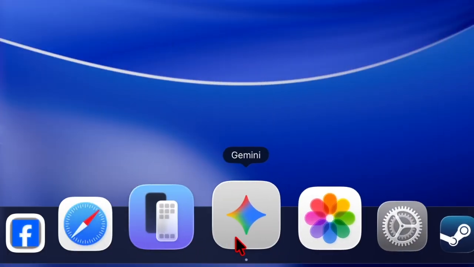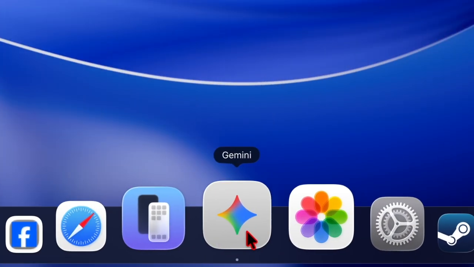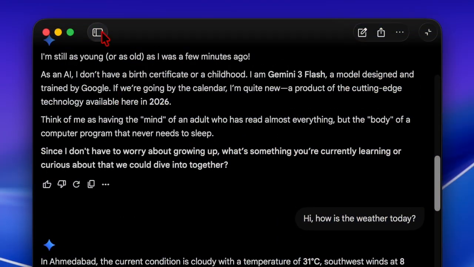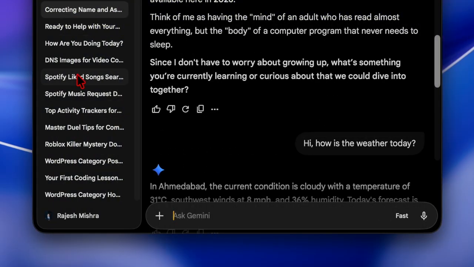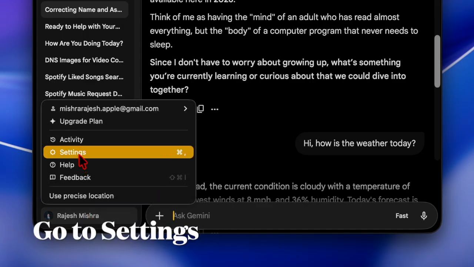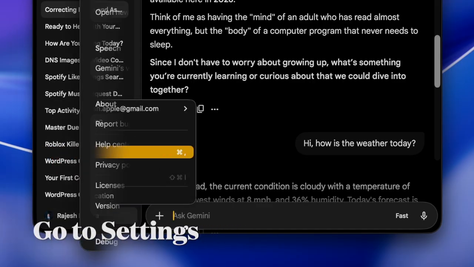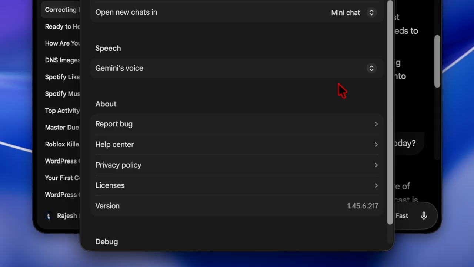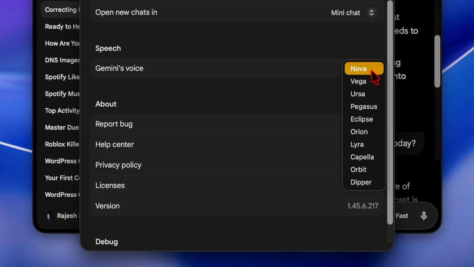So first you have to launch the Google Gemini app on your Mac, and then you have to hit the menu button located at the top left corner of the screen. After that, you have to click on your profile located at the bottom in the left sidebar. Then you have to scroll down and hit the drop-down menu located next to Gemini's voice section and then choose